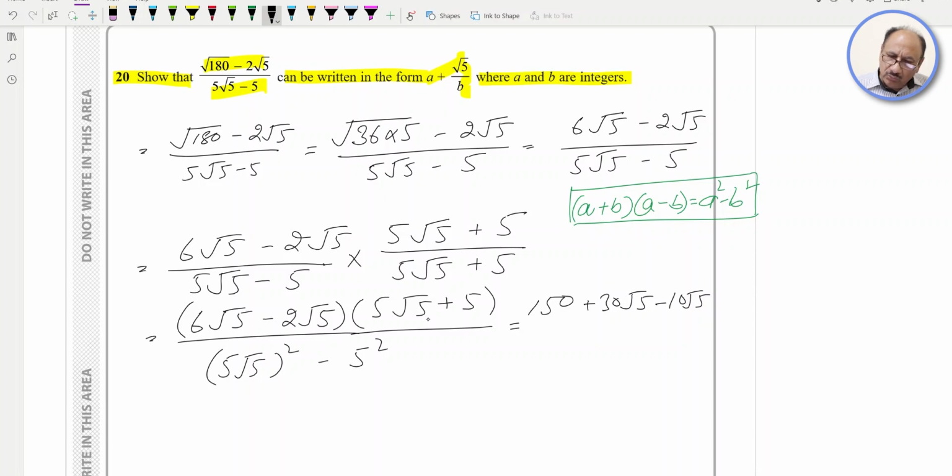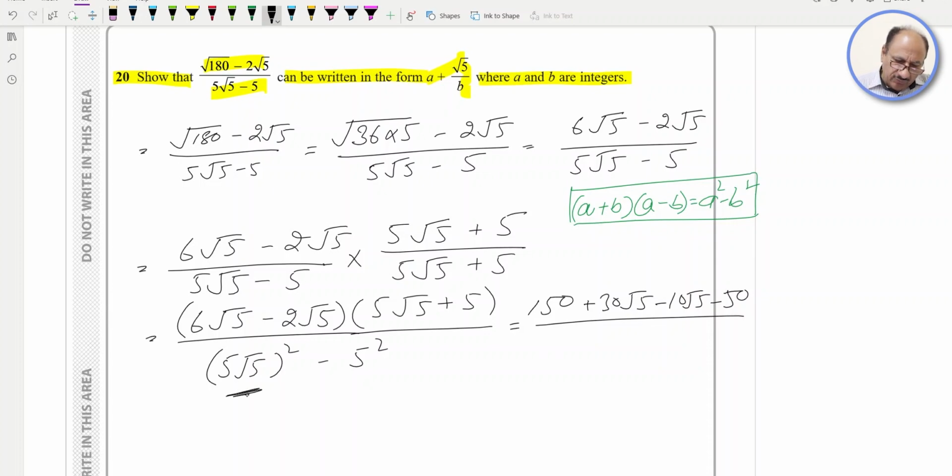the second term, and the third term will be this one, and the fourth term will be 10 into 5 will be 20, so minus this will be basically 50, so minus 50 over here. So the denominator will be what? Denominator will be